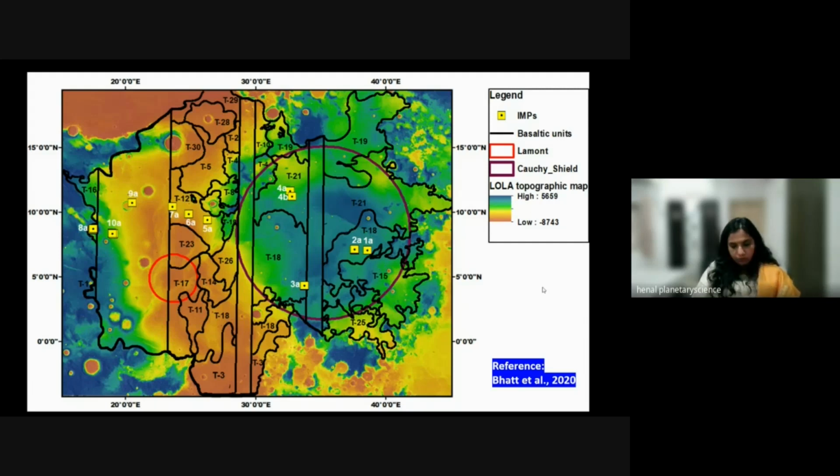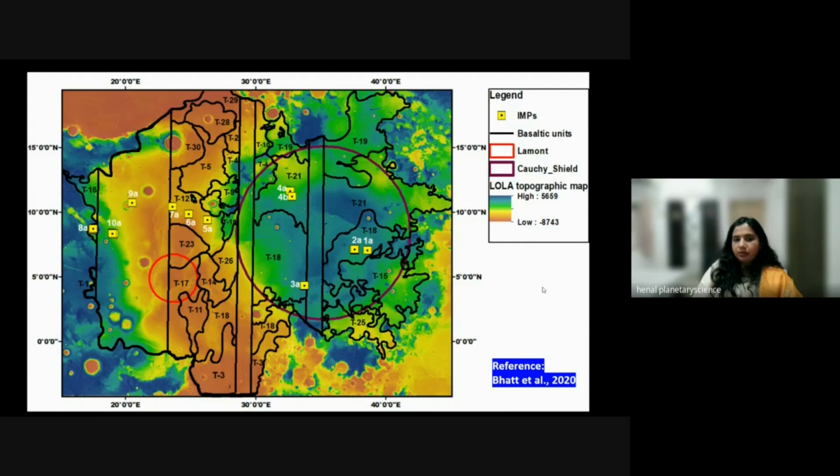So as you saw in that video, basins are formed in a bowl shape. You can see any kind of basin shows very good depth in the central part, and the depth decreases when you go to the rim part. But this area doesn't show that bowl shape because it has a volcano in the right part, that you can see with the magenta circle, which is known as the Kochi Shield area.